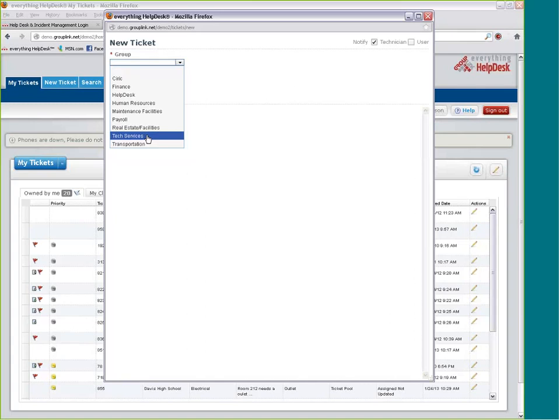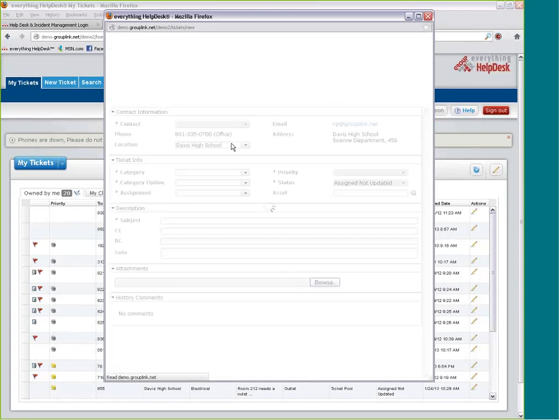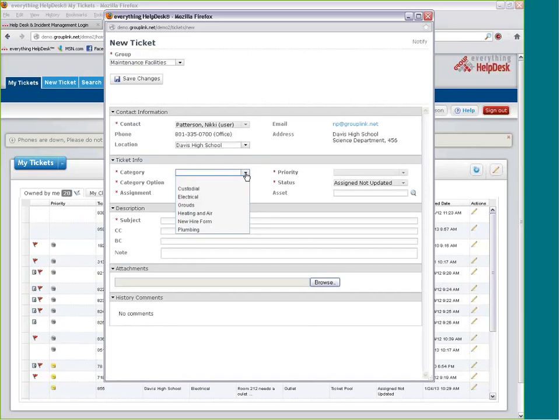And so the form itself is also customized by department. For instance, I'm going to spend most of my time talking about IT, but if I come in here in maintenance and I look at this form, you'll notice that my terminology here, my drop-downs, are configured to maintenance. And it would literally take you a couple of seconds to come in and build this list. Any drop-down you see is configured by you. It is a very easy little tool that you can just add a list of what you want fields to say and be. But if I choose custodial and I come in here to my category option,